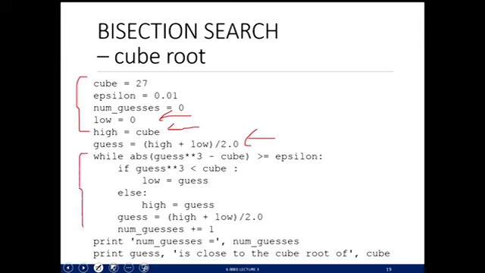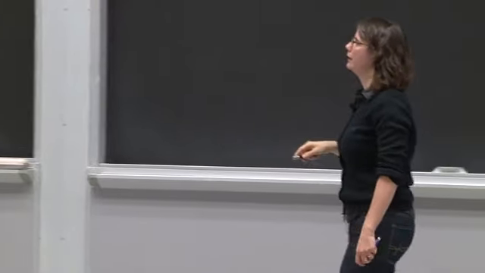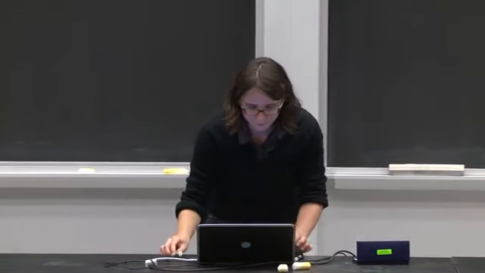Then I have this while loop here. While loop is similar to the approximation method, where as long as I don't have a guess that's good enough, so this depicted by this greater or equal to epsilon, as long as my guess is not good enough, I'm going to keep guessing. Okay, that's what this while loop is saying. So if the guess to the power of 3 minus cube is not good enough, keep guessing. And the way I keep guessing is